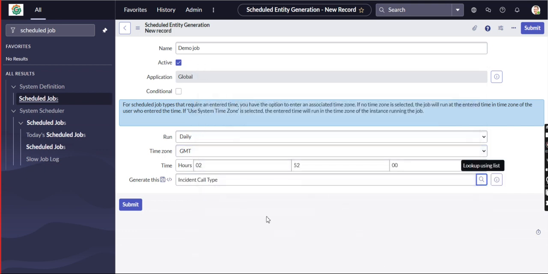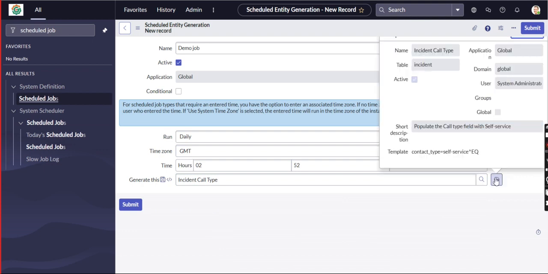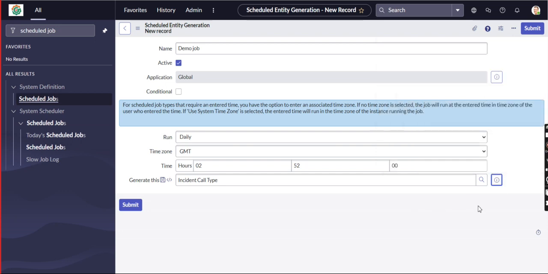So just generate this incident call type. So what we do here, incident call type: populate the call type field with self service. Incident call type table, incident, global, system administrator. GMT time is 2:52.